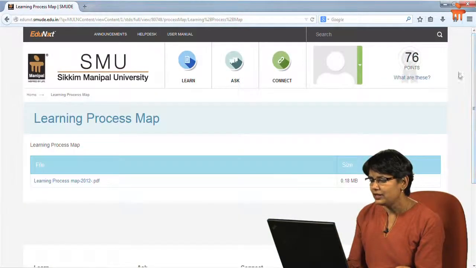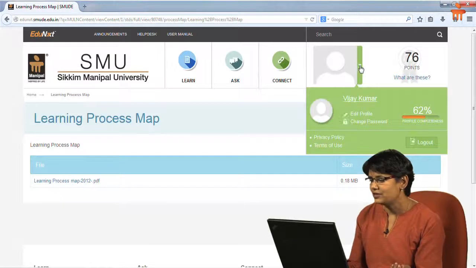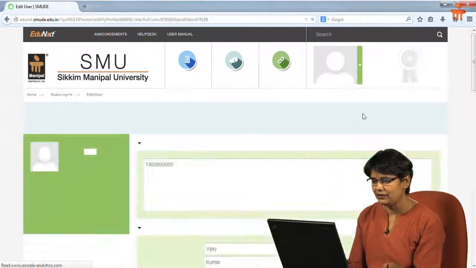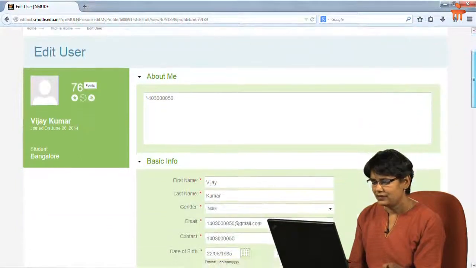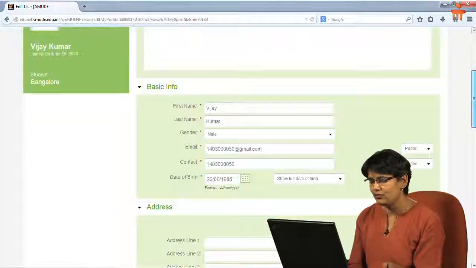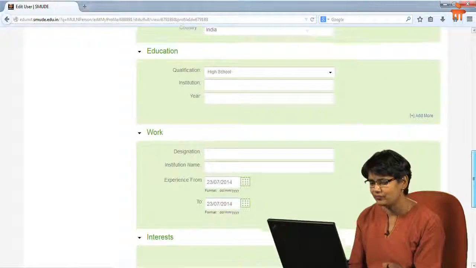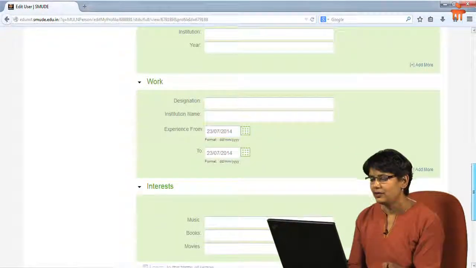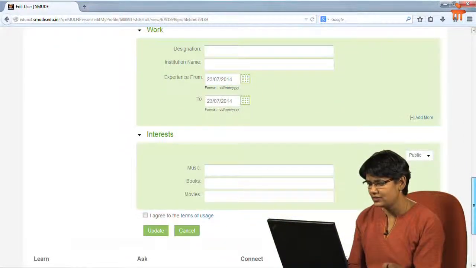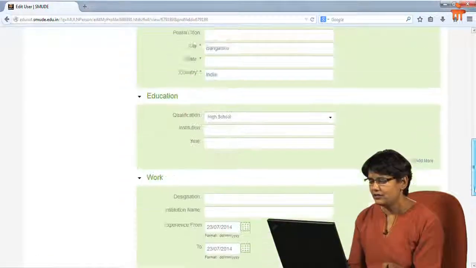Can we take a little while to go through this profile of yours? Now what is this? You can edit your profile. It takes you to a page where you can fill in all of your details, in case it has not been completed.